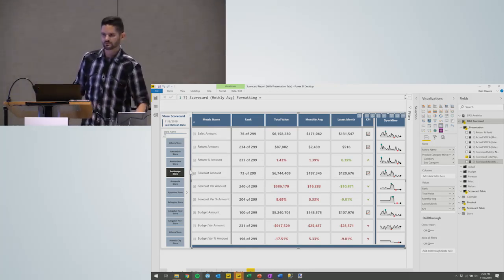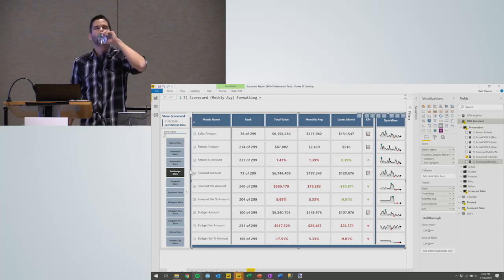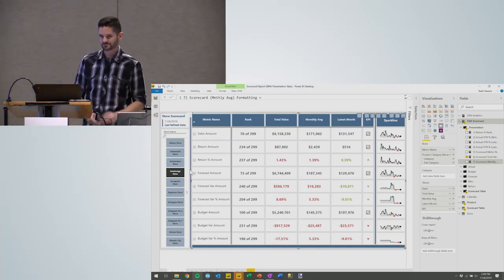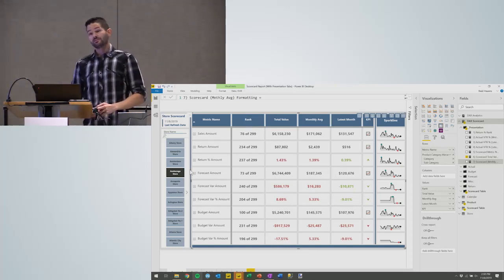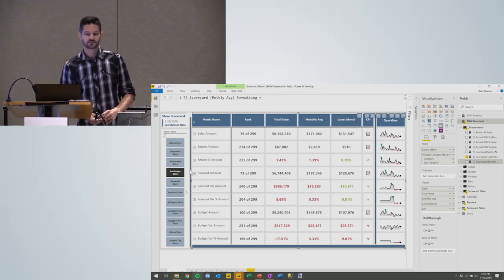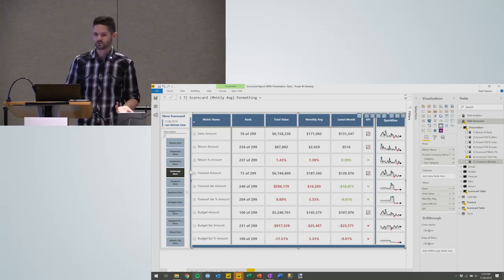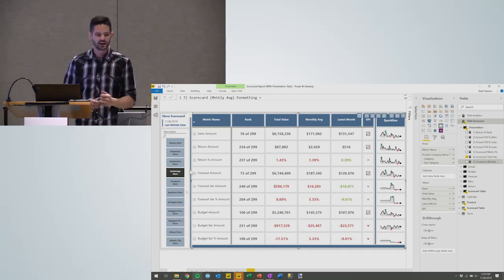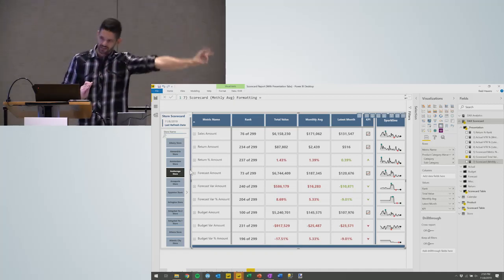Is there any way to set variables at the report level so you don't have to recreate that color scheme? I would love it if that was the case. Currently, it is not. There's definitely some good development reasons for that, but unlike in SQL, where you can set a temp table that can be accessed by anything, there's no way to declare a variable in one measure that can then be linked to another one.